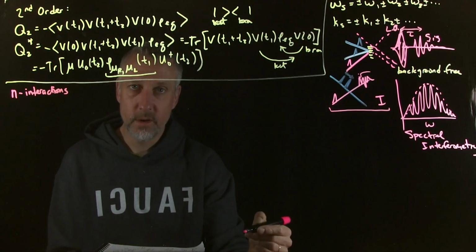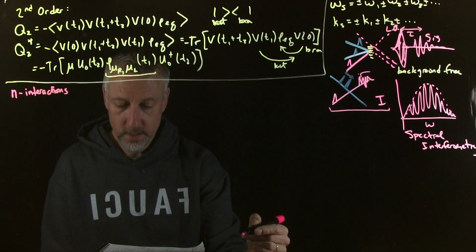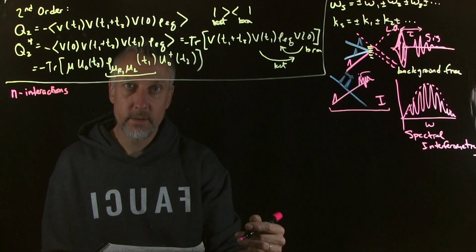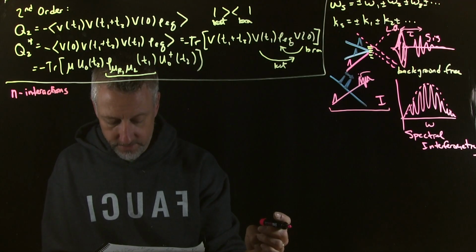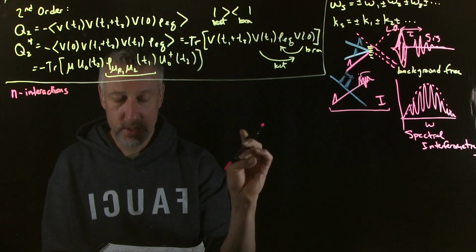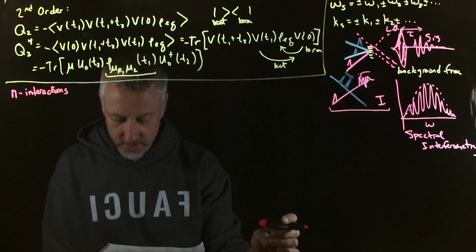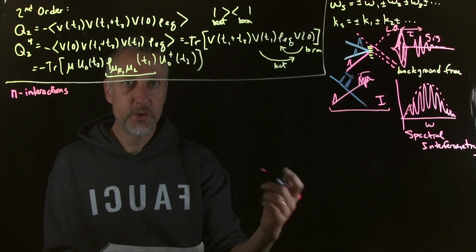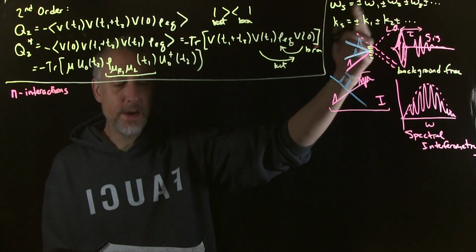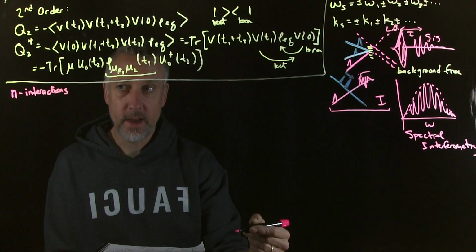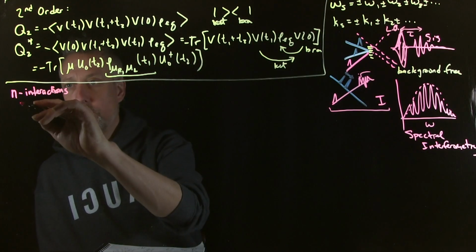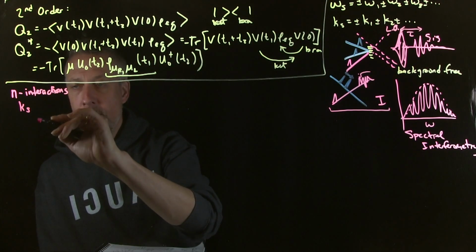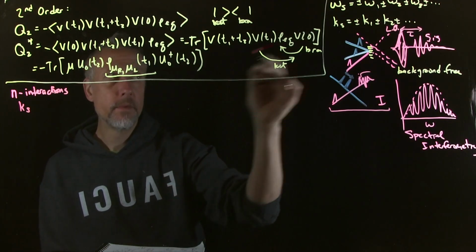So for third order, there'll be 3. The final one is the one that the signal is generated by, from having induced a time-dependent dipole moment, which then radiates. Okay, and what we're going to do is we're going to associate. We have to pick a particular signal that we're going to look at. So we're going to pick our signal, whatever it is, and when we look at the signs of